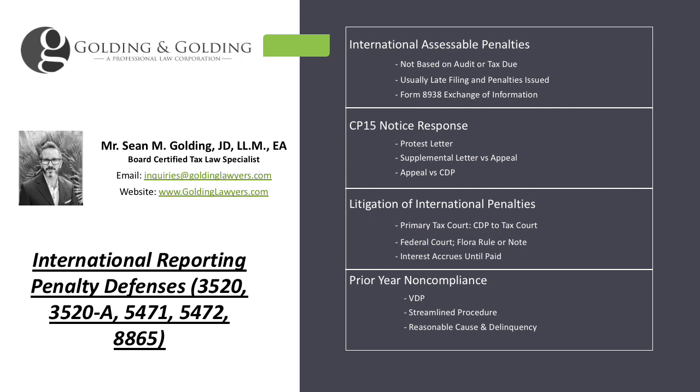There's several pros and cons. Some tax practitioners just will shoot you into tax court or tell you just to wait. They want to charge you an arm and a leg in attorney's fees when oftentimes it can be resolved at the appellate level. Okay, so something to keep in mind, there are various different ways to go, and there are various pros and cons to each way. So it's important you speak with a certified specialist to make sure you understand where your risk tolerance falls within